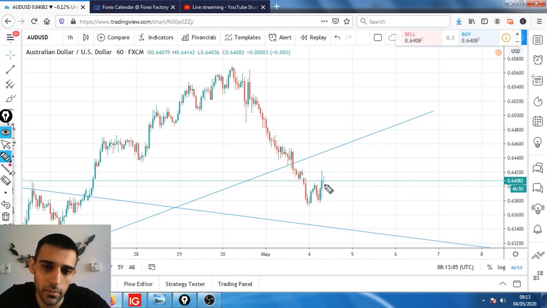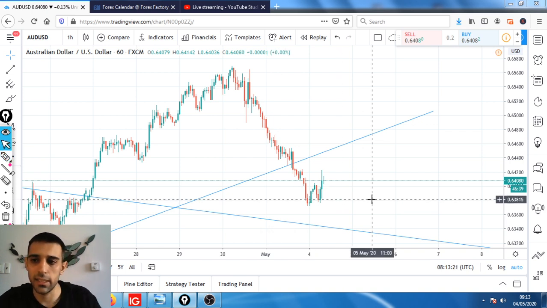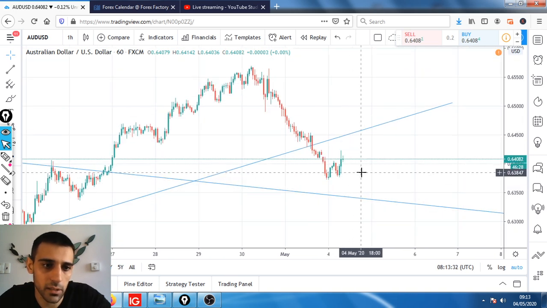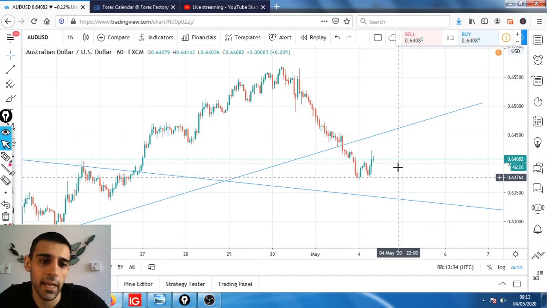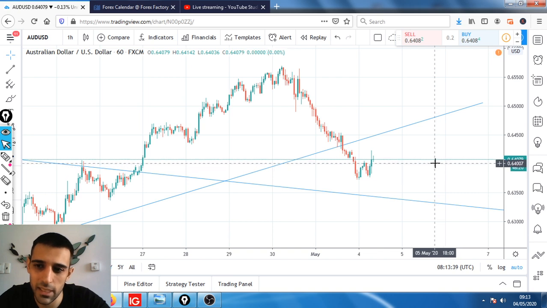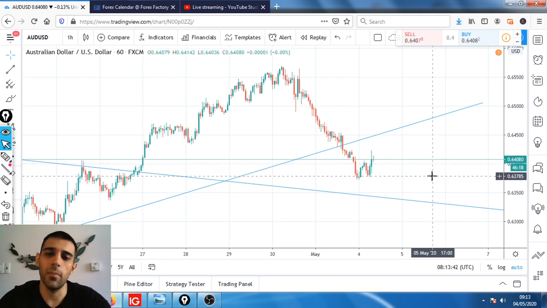If it closes down here, it should push the price down. On a 1-hourly time frame, after that candle is closed, I do want to see another 1-hourly candle to push it a bit more down. So somewhere down to this zone, somewhere down to 63.90, 63.80, sorry, so 63.80. If this 1-hourly pushes it down to 63.80, then I will be looking for the retracement up. Potentially could be up to this level at 64.00,